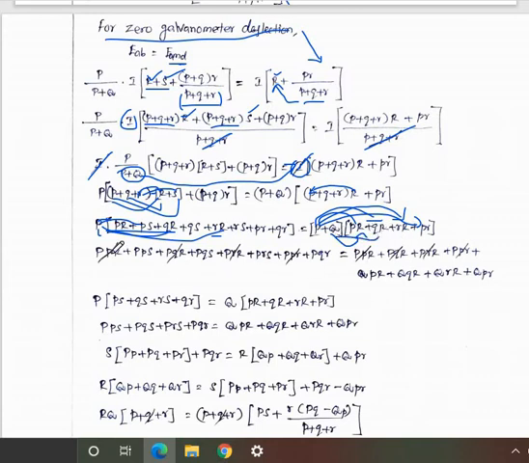And you can cancel all the parallel terms. Here capital P small PR both are cancelled, capital P small q R can cancel, so we have to cancel all the common terms in the left hand side and right hand side. So the remaining equation is